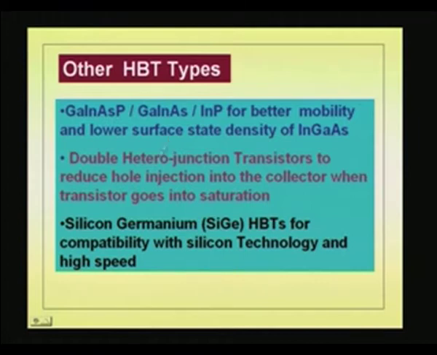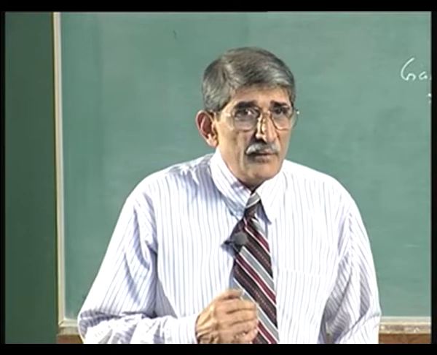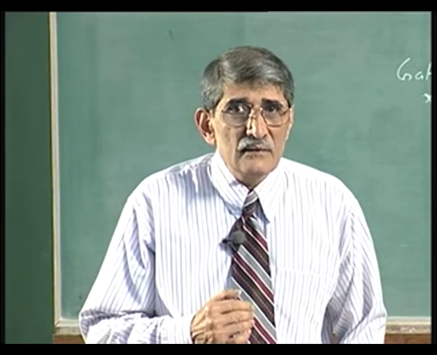It has the disadvantage of lower band gap; of course, you pay for that in terms of lower band gap and the associated effect on the breakdown voltage, etc. Now, you can have a double heterojunction. In fact, when starting with the gallium arsenide HBT, I pointed out that the